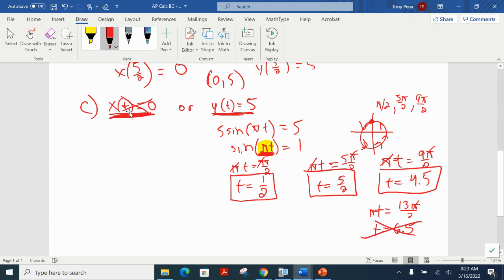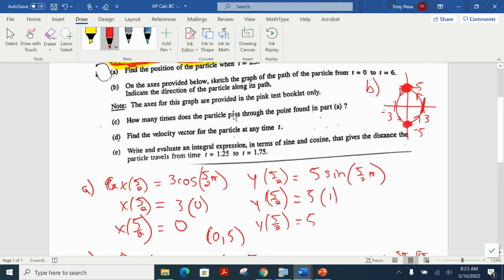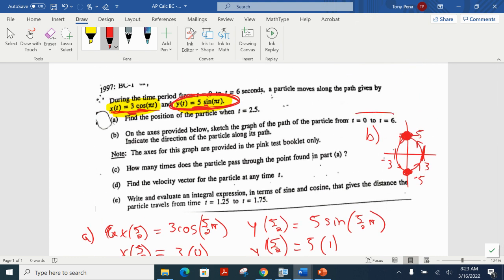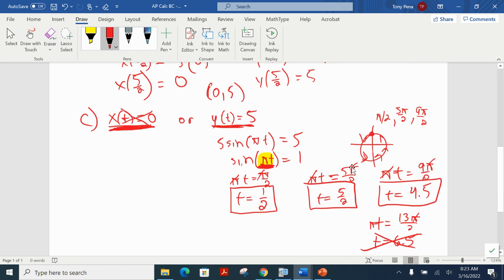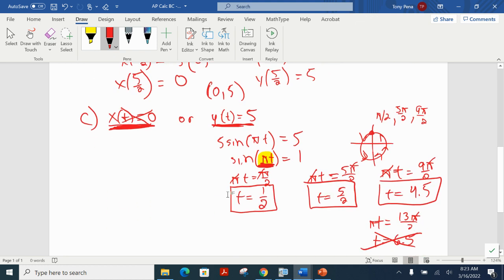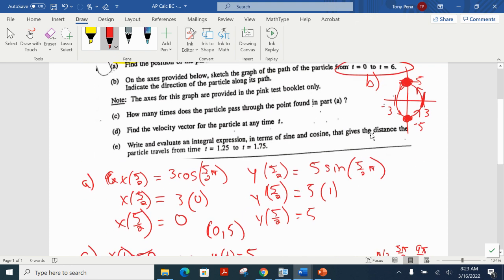And the reason that that is telling us to stop is because of the interval of time that you were given where this function, whatever this particle, was only moving over the interval of 0 to 6. So as soon as we get a time that is greater than 6, we know we would stop, and we would say 3 different times that that particle had gone through 0.05. Okay? All right, and then last but not least, the two things that are kind of new here from this section,